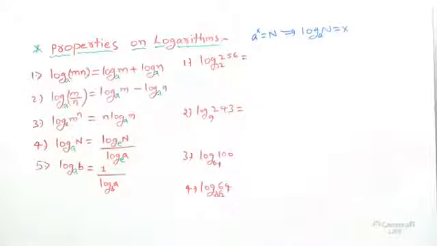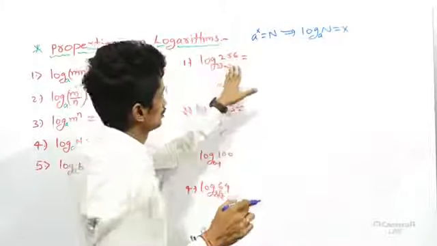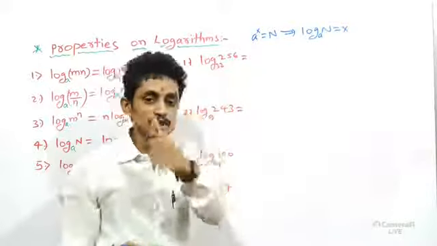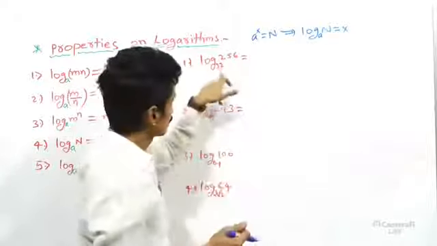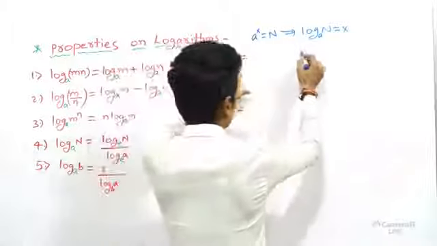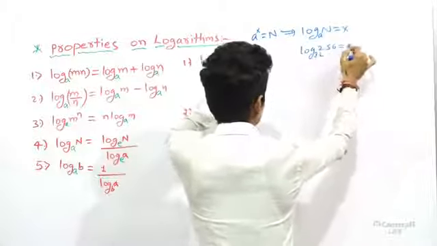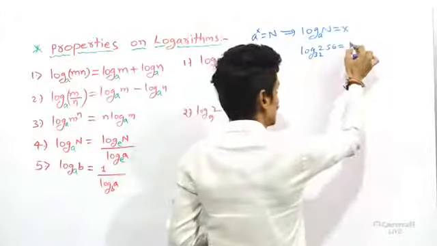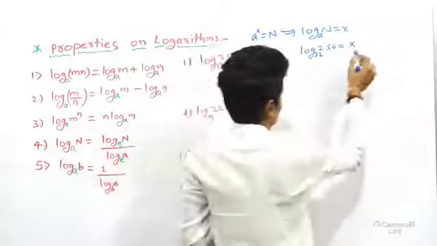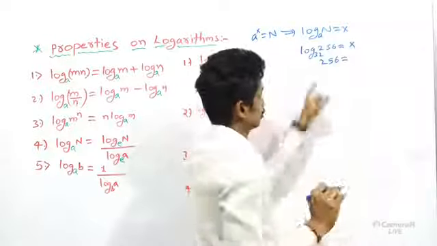Everyone get ready to solve these problems, dears. Don't wait for the solutions. You know that log will give the exponent, the power. So for what power of 32 will your number be 256? That's why for the RHS part, I don't know the value of log of 256 to the base 32. That's why I can consider it as x. Now how to write it? Just write it in exponential form. That is 256.